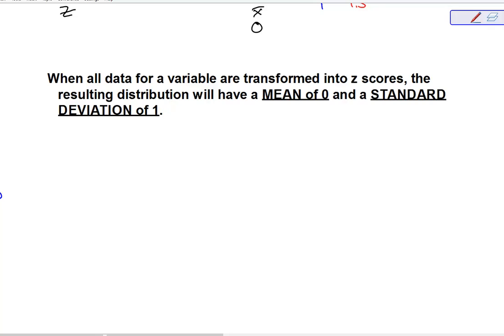So we've normalized it. We've changed everything so that our standard deviation is 1 unit and our mean is always 0,